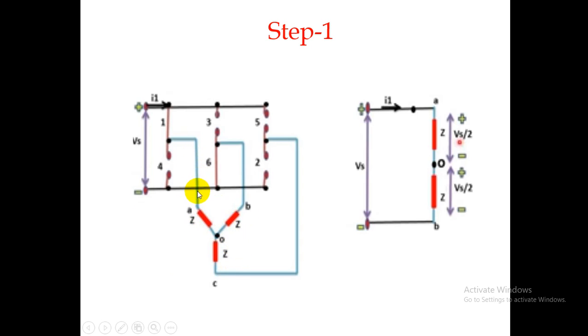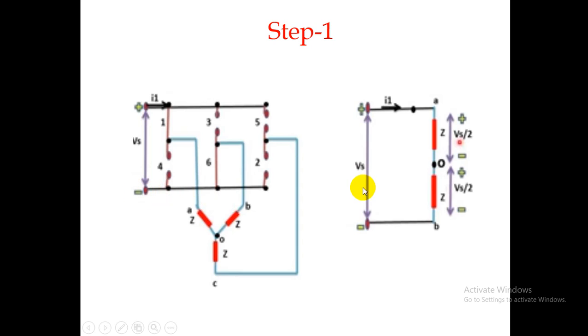Here we have already given some labeling for the load also. The current is entering into the A terminal of the load, passing through and reaching 0 or O here, and from that the current has two paths. This is one path and this is another path. But when we see this path, both the switches are open, so no current flows this way. Then the only option is this way. The current will flow like this, because thyristor 6 is also in on condition, and it is entering back to the source, having the closed path.